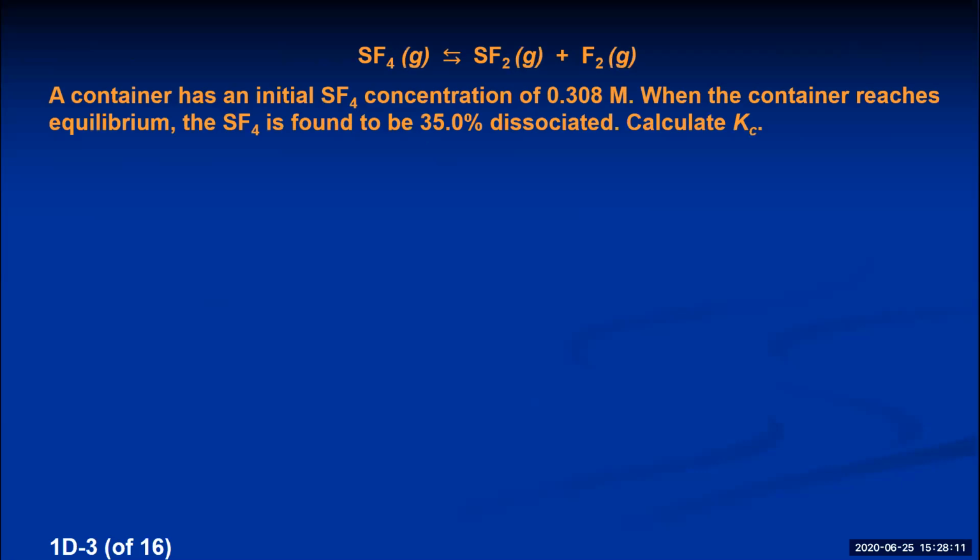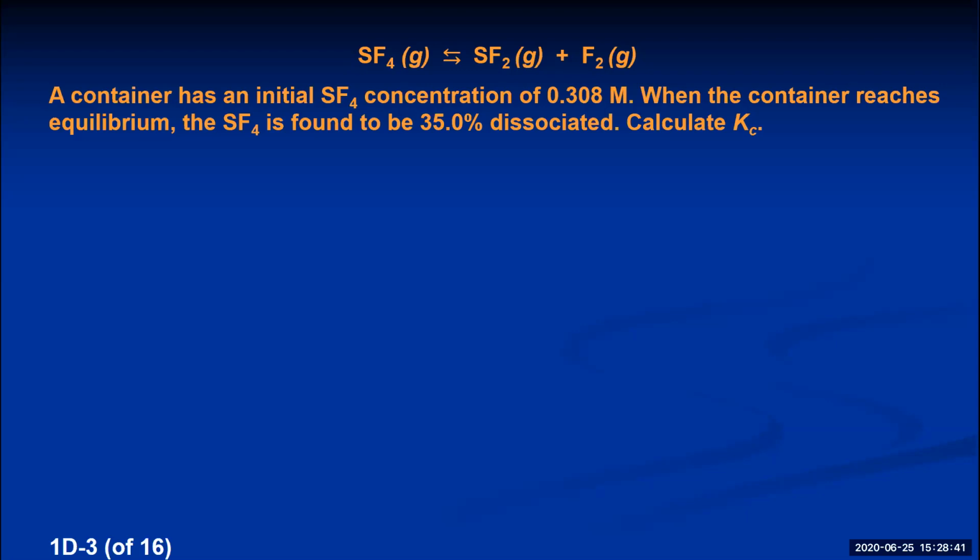Let's take this equilibrium reaction. SF4 is in equilibrium with SF2 and F2. A container has an initial SF4 concentration of 0.308 molar. When the container reaches equilibrium, the SF4 is found to be 35.0% dissociated. Calculate Kc. So another problem where we've been given initial information, non-equilibrium information, 0.308 molar of SF4 is initially put